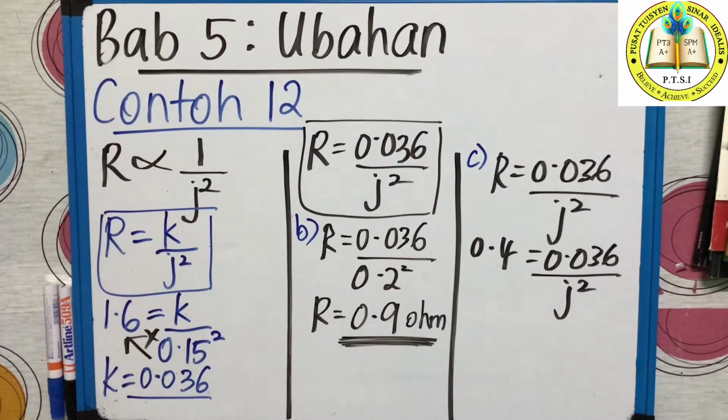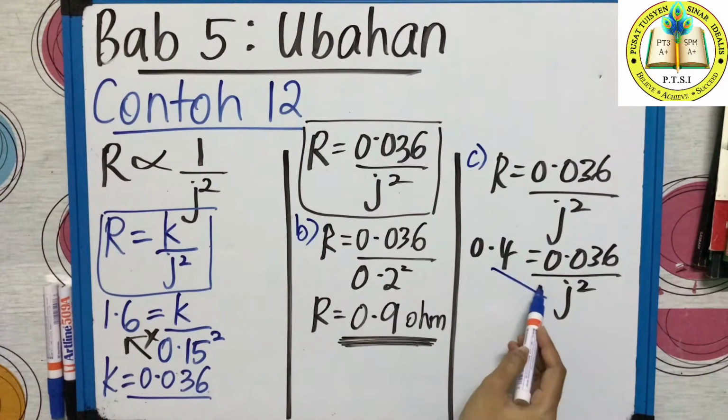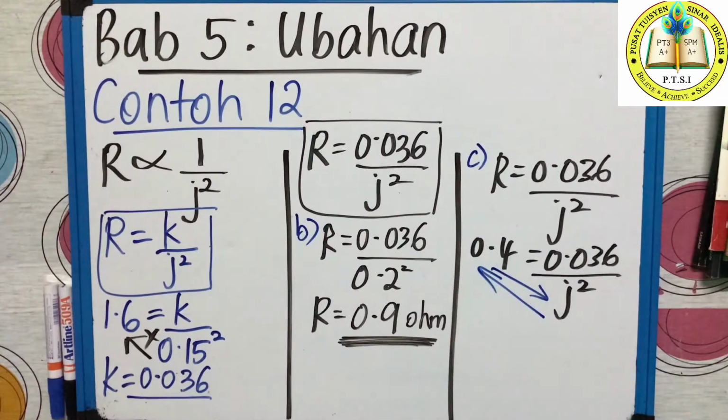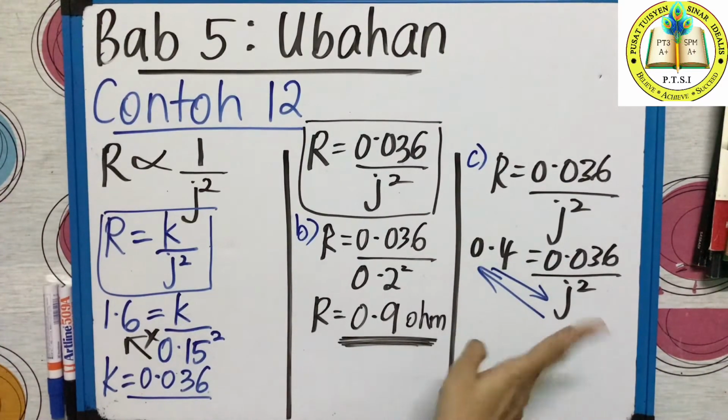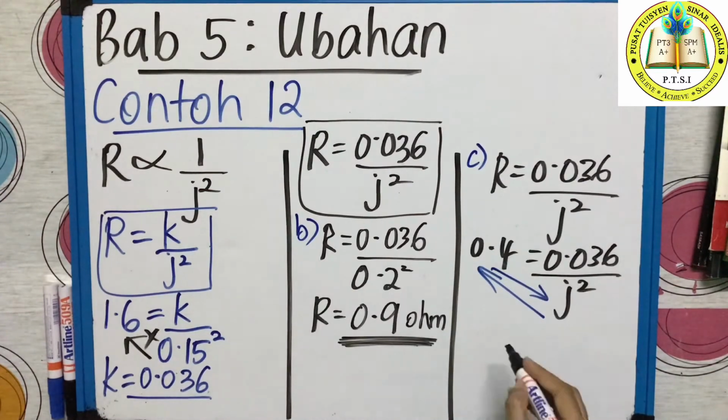Time cross. Yes or no? Now this one, 0.4 bawah tu jejari kuasa 2. I will teach my student to swap. Swap maksudnya tukar tempat. So ia akan menjadi jejari kuasa 2 sama dengan